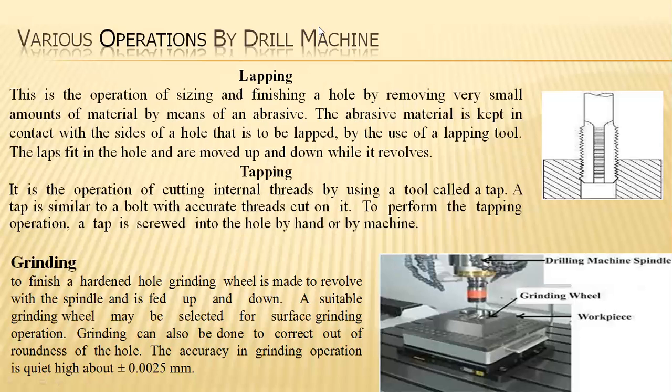Particularly, this is the lap, which is fed into the hole and moved up and down while it is being revolved, as displayed in the diagram. It is used to condition and monitor the finishing of the MRR process with light abrasive materials, such as powder-shaped particles, removing material and enhancing the bore diameter.